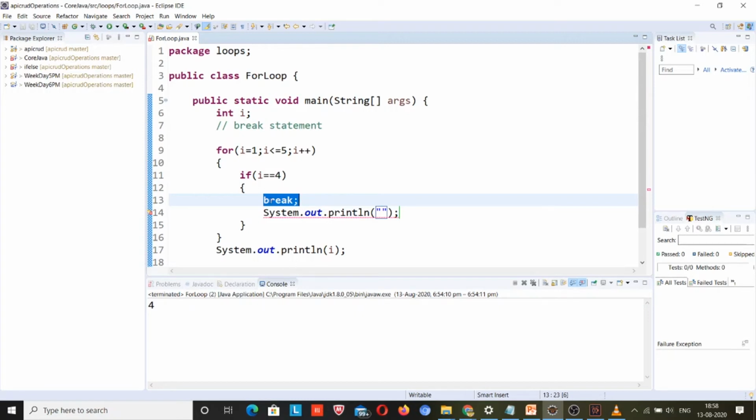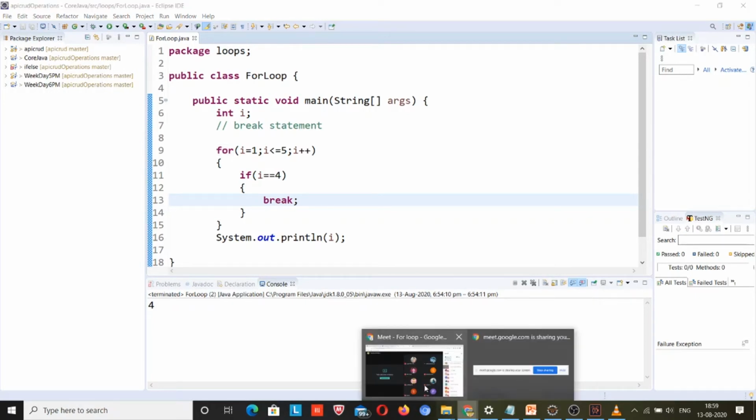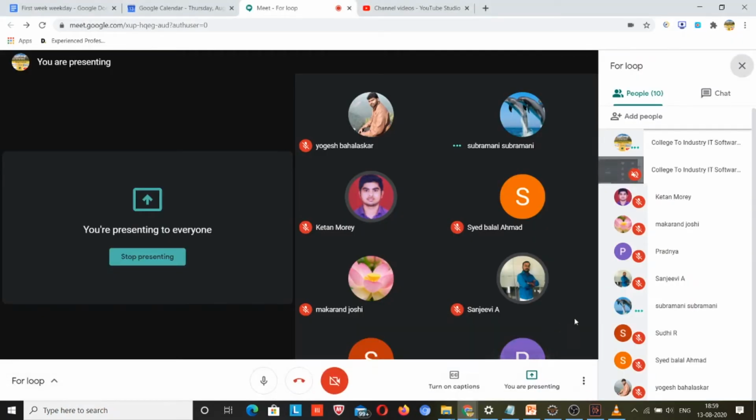So if it is going to be thrown out of the loop, then what is the need of writing code after this break? That's why Java has such a rule, right? If you are able to think this type of logic, that means you are on the right path. I hope you guys got it.